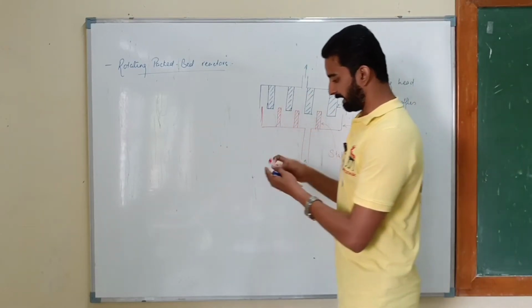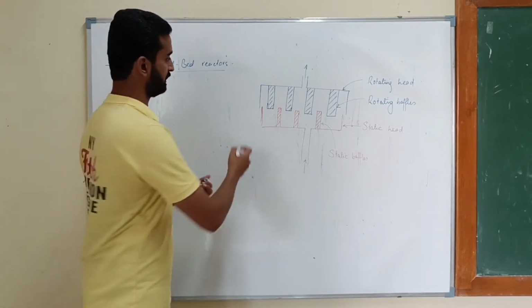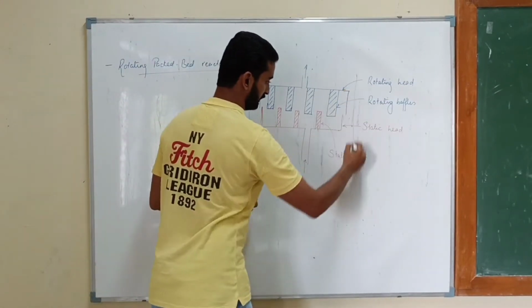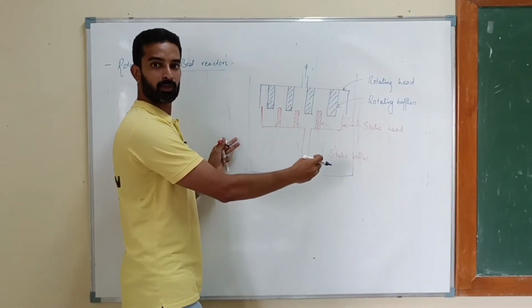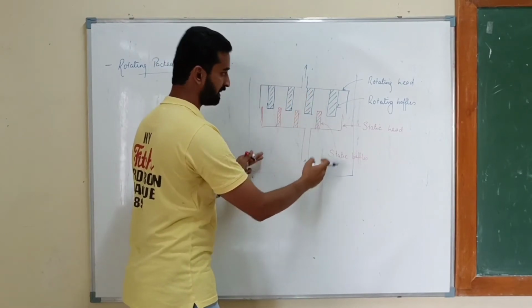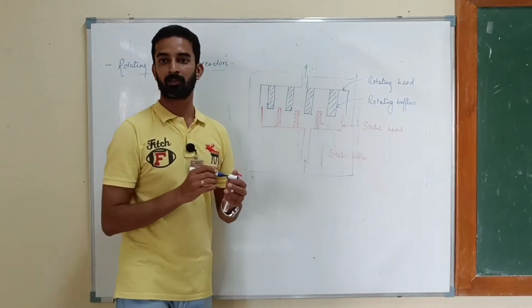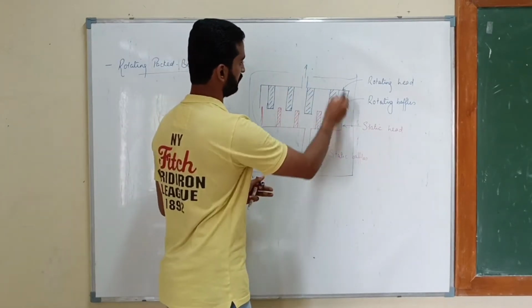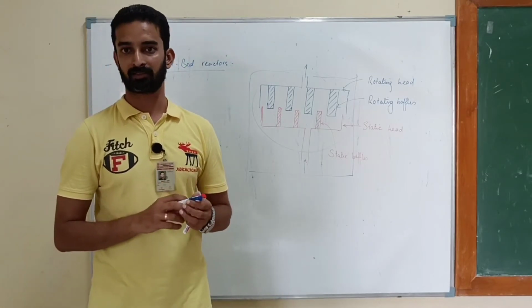Now when you go for a much more real one, the application based one, it contains something like this. It is inside a big cylinder. Inside a cylinder, this particular thing is moving. So maybe some liquids come down, some liquids go up. Here you might have complex mechanisms, whatever. But this is the heart or the core of rotating packed bed reactors.